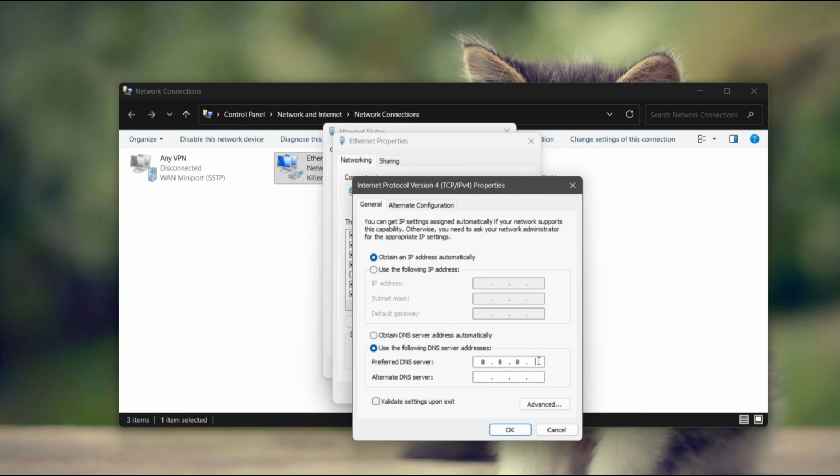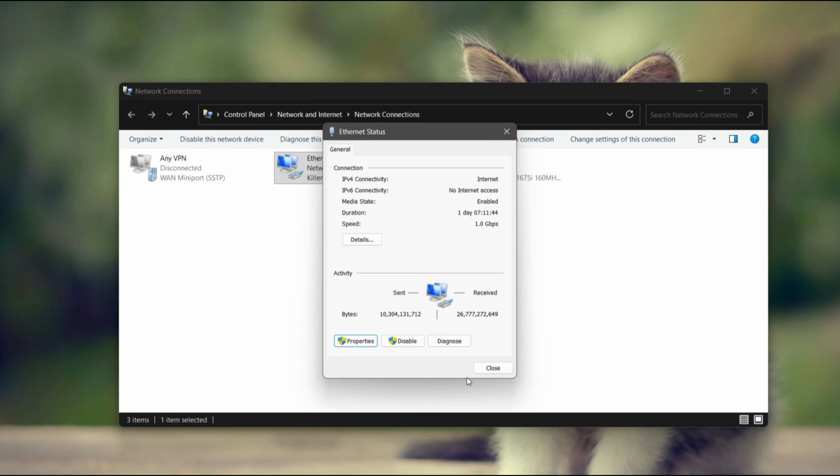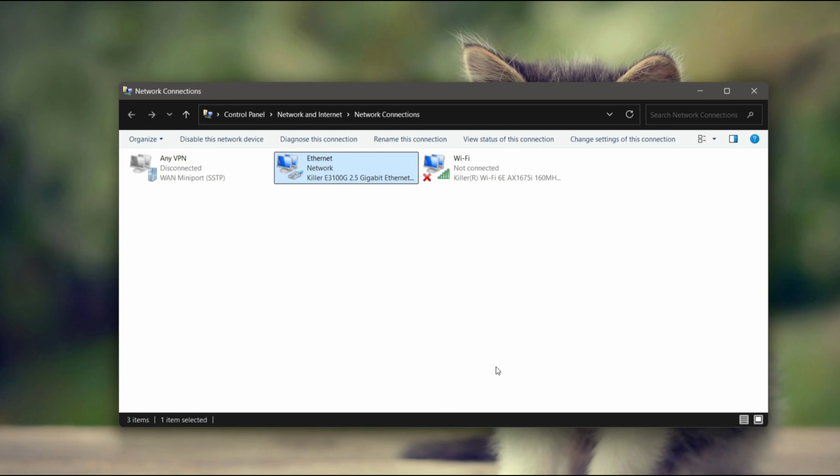8 in each section, and finally 8.8.4.4. Once that's done, just go ahead and press OK. And finally, you can go ahead and restart your computer and go back to your Minecraft to see if the